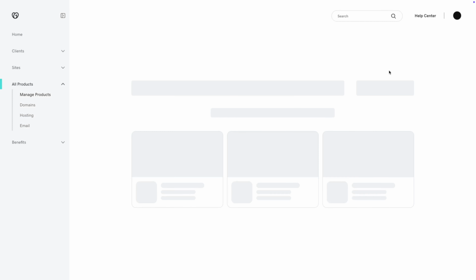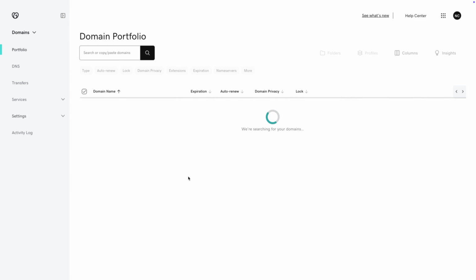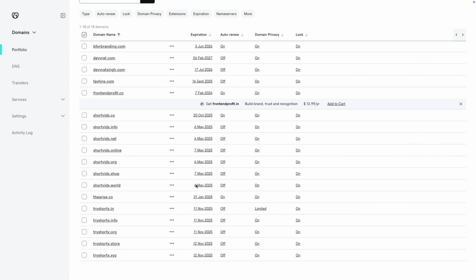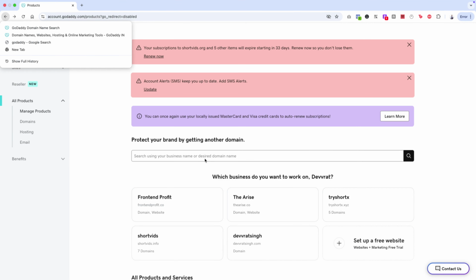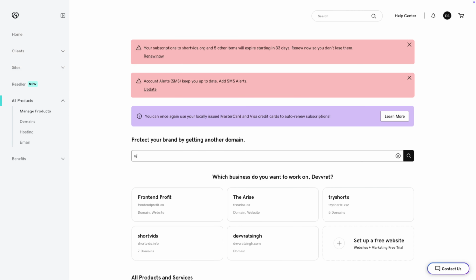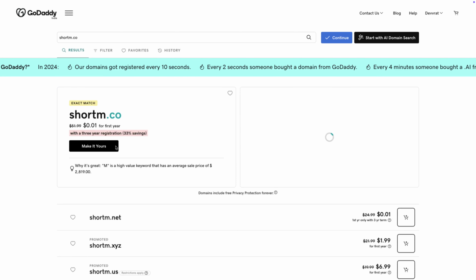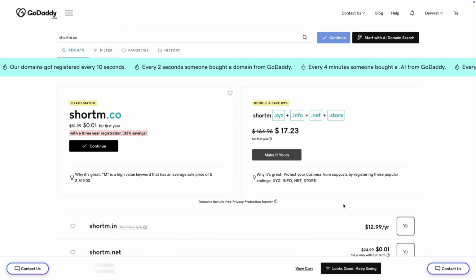If I check inside my product section, what are the domains I use? Okay, I haven't purchased that domain till this date. Great. By the way, someone is trying to buy this domain by the time I'm making this live. I have purchased. So let's just pick the name. All my domains are .co, so I'll just pick a .co domain.